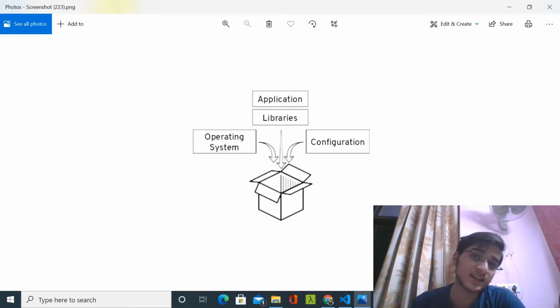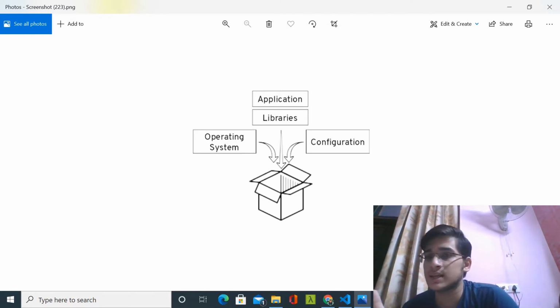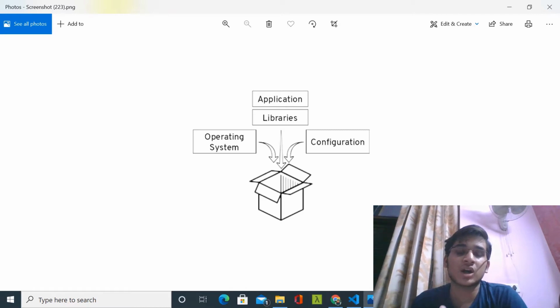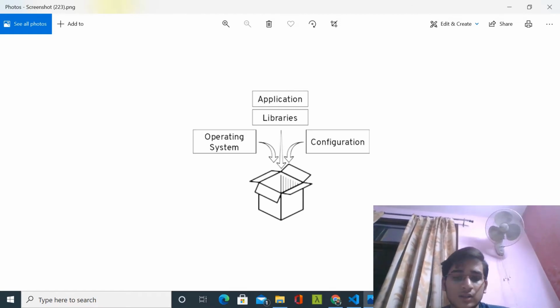You might have heard that there are two types of applications: containerized applications and non-containerized applications. Containerized applications are the applications which are run with the help of containers, after converting them into a container. So what is a container? You can imagine a container as a collection of all the packages and dependencies needed for the whole process to run on your host operating system.